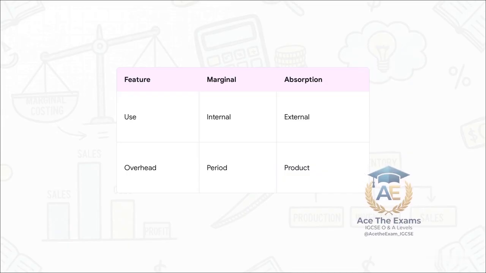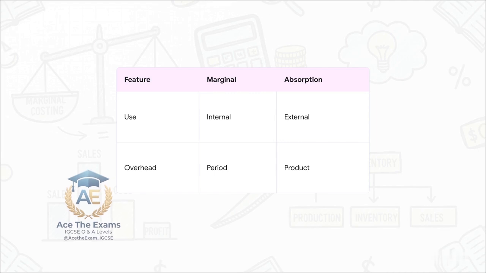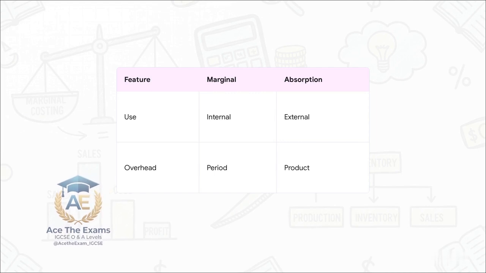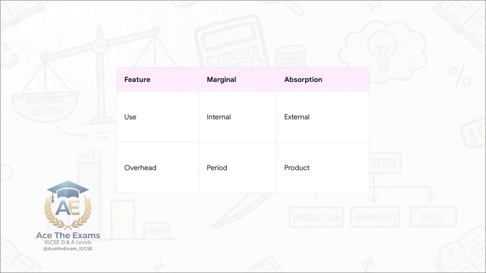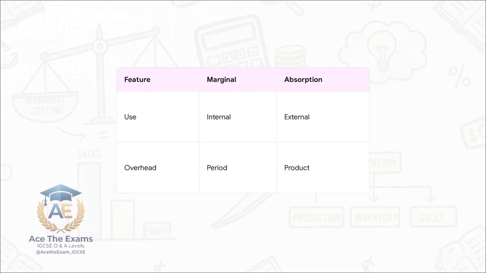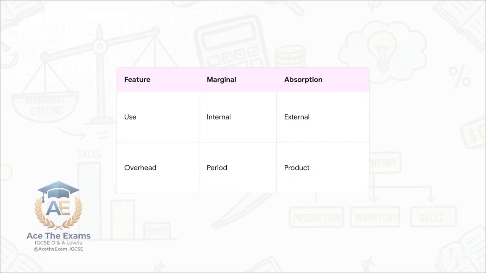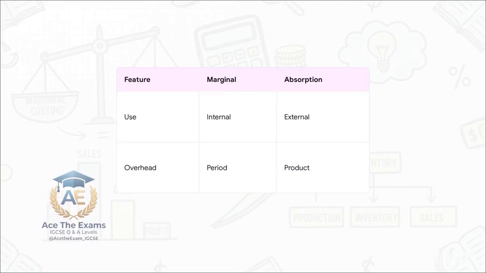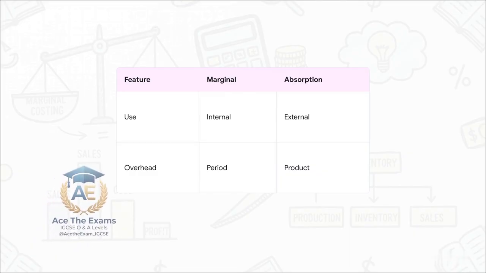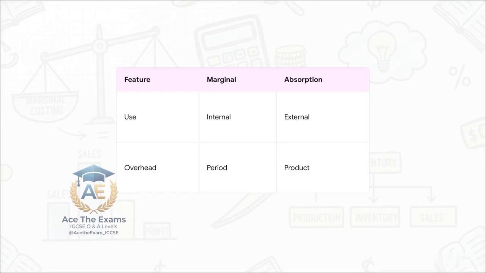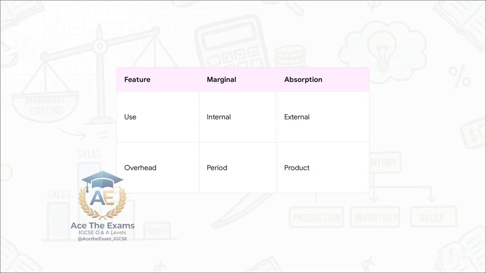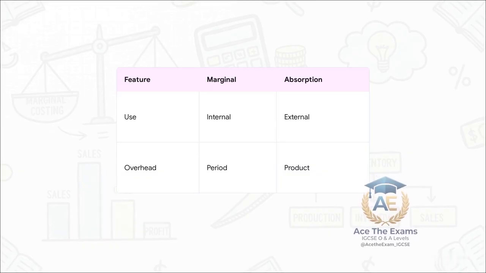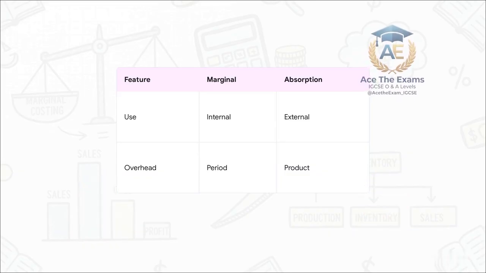Comparing these approaches reveals that top-performing candidates exhibit connected conceptual understanding that transfers to unfamiliar corporate contexts. Marginal costing requires you to ruthlessly separate variable costs from fixed costs to find the contribution margin. Absorption costing requires you to calculate an overhead absorption rate and apply it to production. But here is the real executive insight. The critical cross-topic connection here is International Accounting Standard 2 regarding inventory valuation. Absorption costing is generally required for external financial reporting because it complies with the matching principle. Marginal costing, however, is an internal management tool. It's used for short-term decision-making, like make-or-buy decisions.